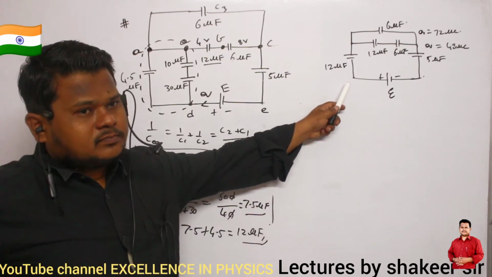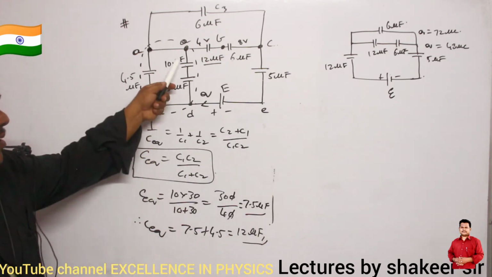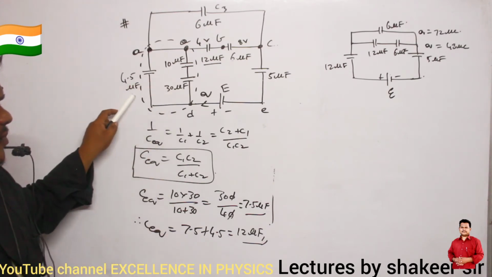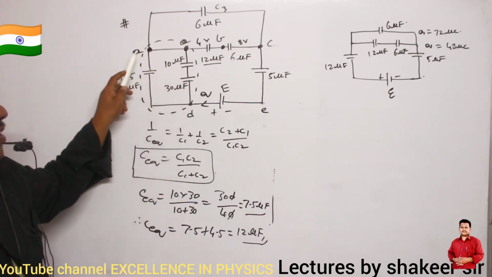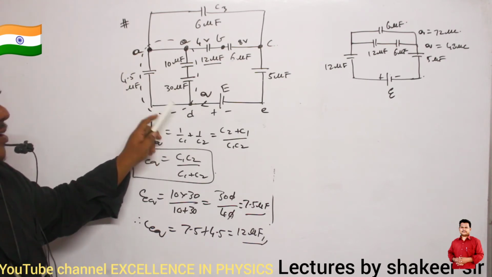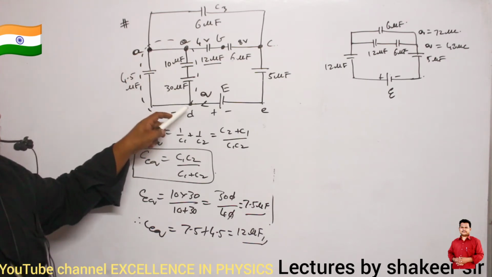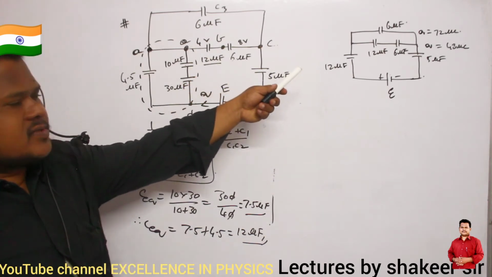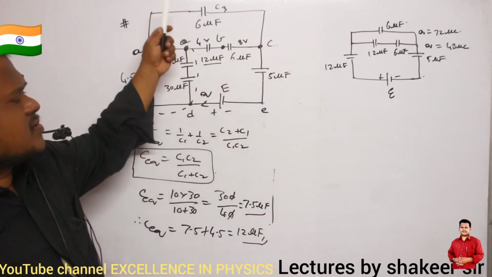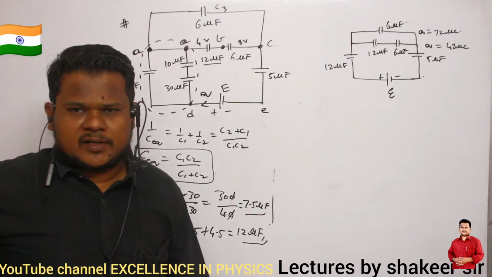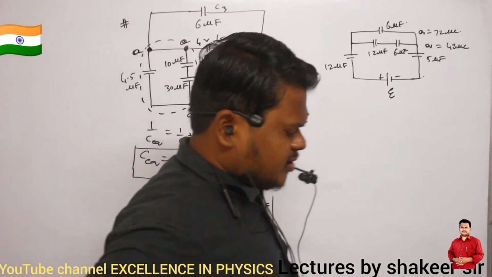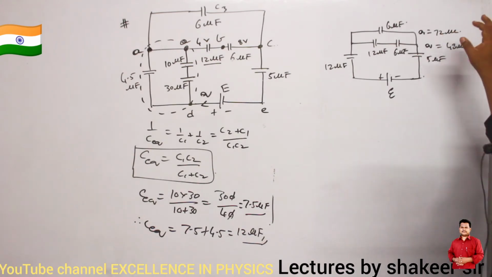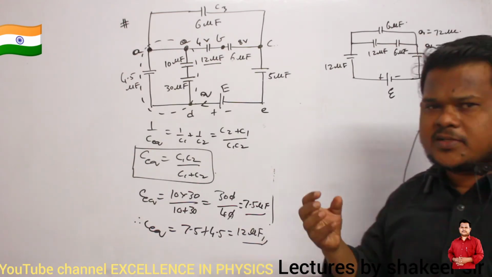This one, this one, this one and this one is how much? 7.5, 7.5 plus 4.5, 12. So this total I can draw as one circuit. I remove this branch and here I will write 12. That 12 is this one. Next, this 12 and 6 are in series, and the 6 microfarads is in parallel. Next, the charge stored in each branch we have already calculated: one is 48, another one is 72. By looking at these two, do you understand anything or not?